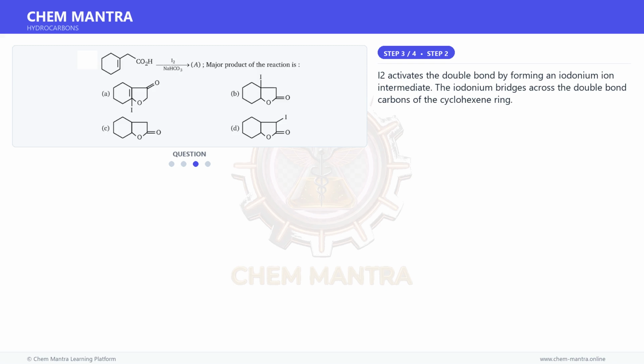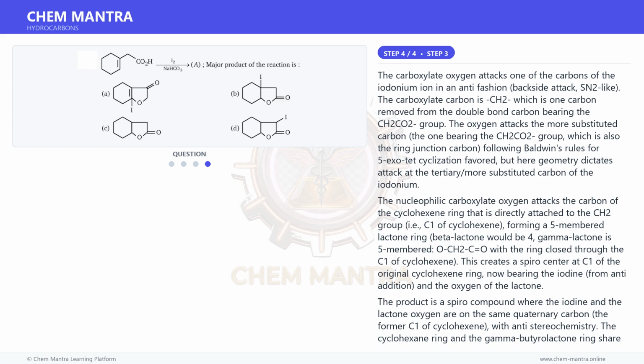I2 activates the double bond by forming an iodonium ion intermediate. The iodonium bridges across the double bond carbons of the cyclohexene ring. And for the final step, the carboxylate oxygen attacks one of the carbons of the iodonium ion in an anti-fashion,